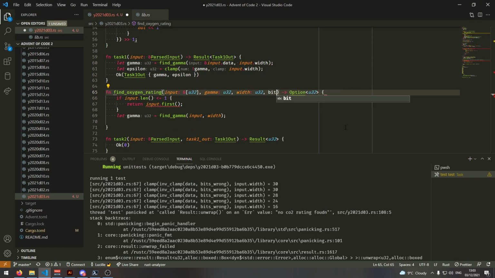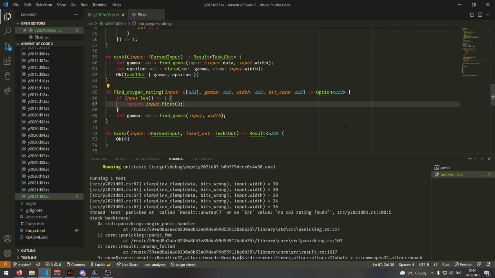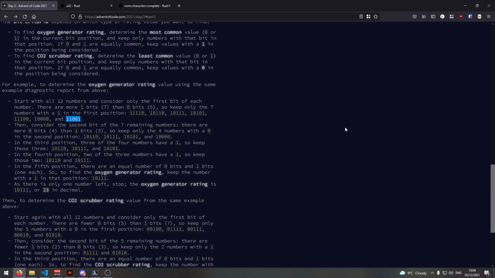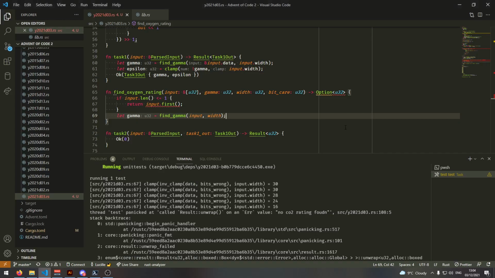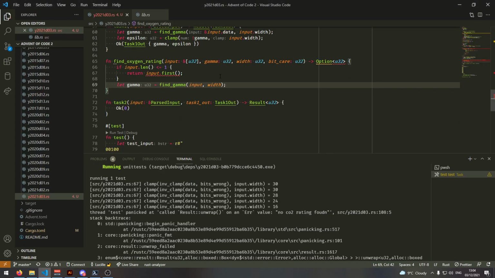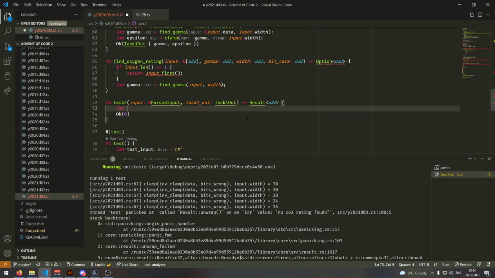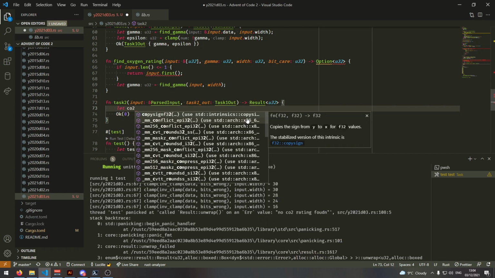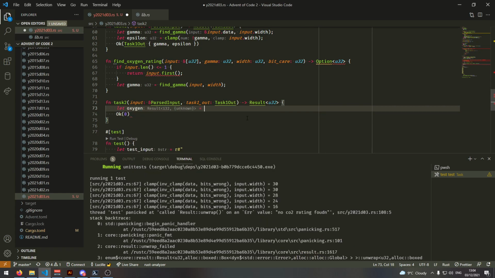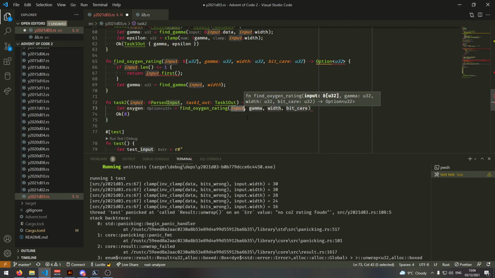Bit care, I guess, is the actual thing we care about here. So our task 2 solution is actually going to be, just to start with, we'll say this is an Option<u32> because it could fail. Oh no, you know what, we'll say let oxygen equal find oxygen rating of our input.data,